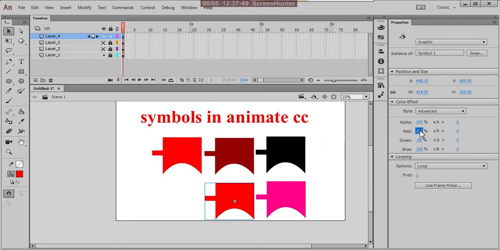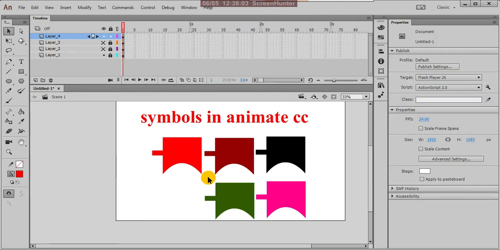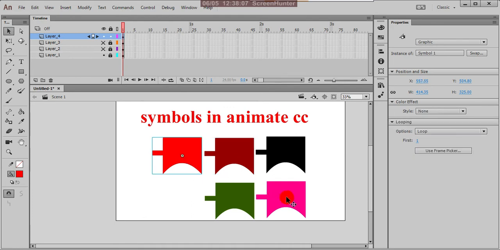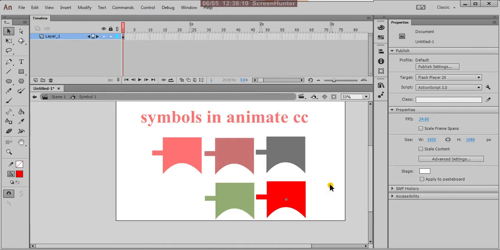Yes. See, for the instances colors also you can change individually. And again you double click on any one and you can drag that. This will apply to the entire portion. So this is about the graphic symbols.